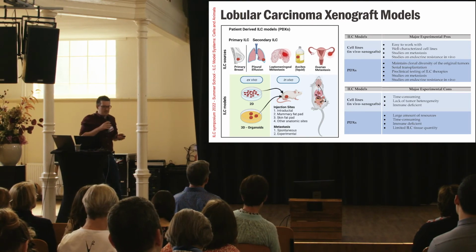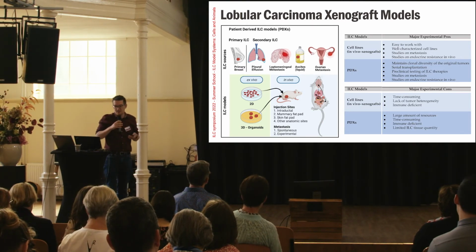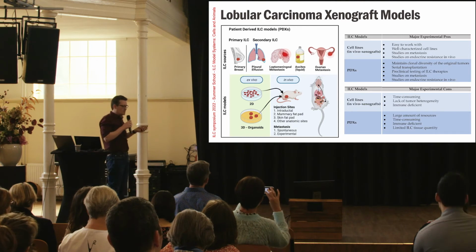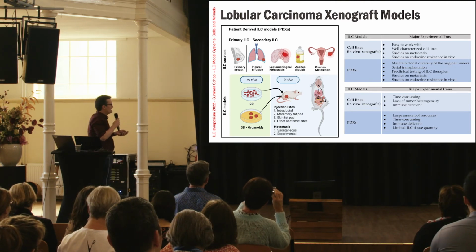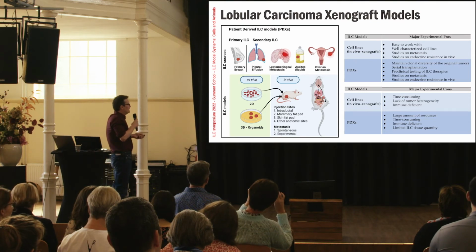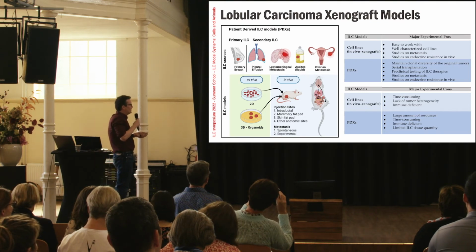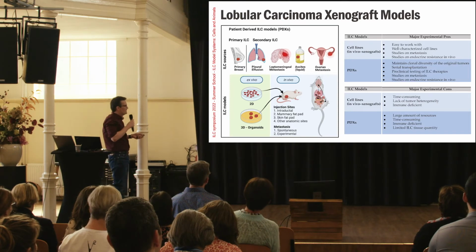The PDX, however, the cell lines are not heterogeneous, so the PDX are more heterogeneous, and of course they can maintain the clonal diversity, and they can be used for testing therapeutic